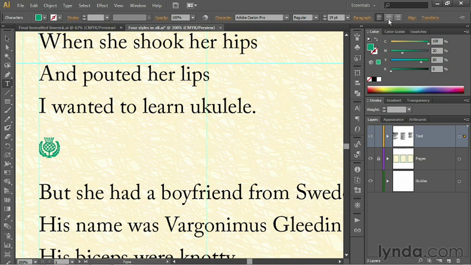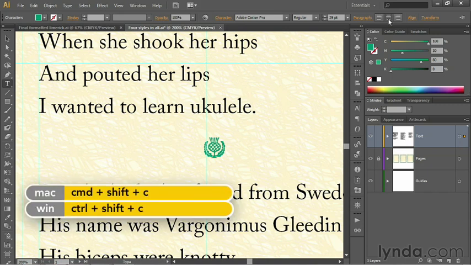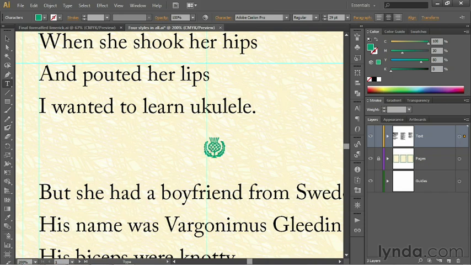So I'll go up to the control panel once again and click on the Align Center icon, or I could have pressed Control-Shift-C or Command-Shift-C on the Mac. Now, what gives? Why in the world is the pineapple off-center? We can tell it's off-center because that vertical guideline right there runs exactly down the center of the artboard. Well,